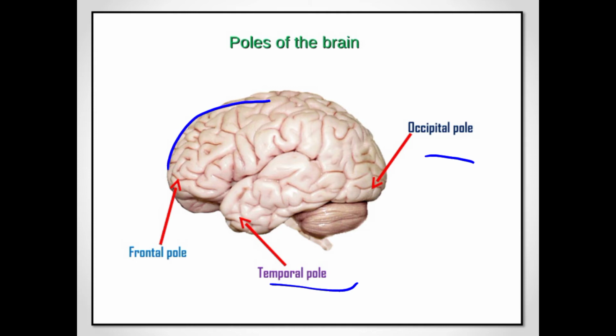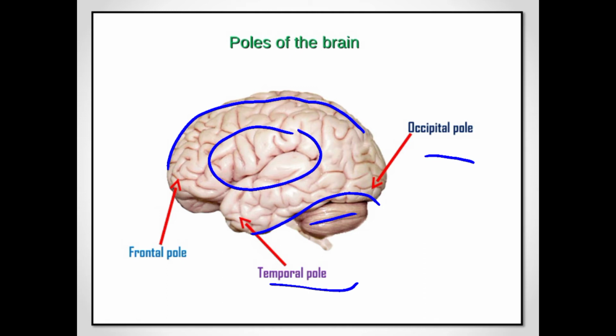One is called the superior border, otherwise called the superior medial border, then the inferior lateral border and the inferior medial border. These borders separate and give rise to surfaces. The surface of the cerebrum that you're looking at is called the superolateral surface. Next, on the medial side, you see the medial surface, and the part below is called the inferior surface.